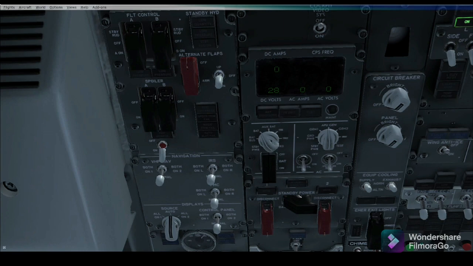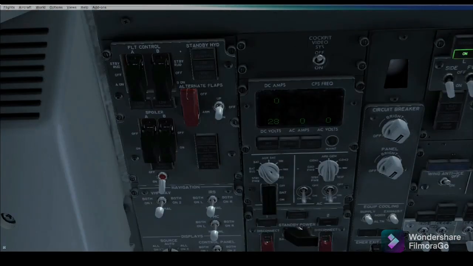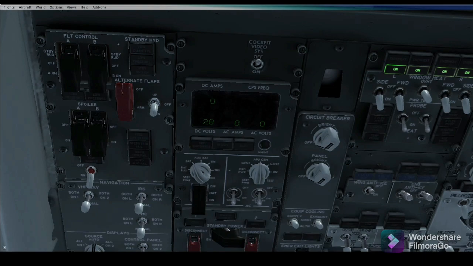The flight control section is used to select the active flight control system: the rudder, flaps, spoilers, and it features the yaw damper toggle switch. Exactly on the right-hand side there is the DC and AC metering.